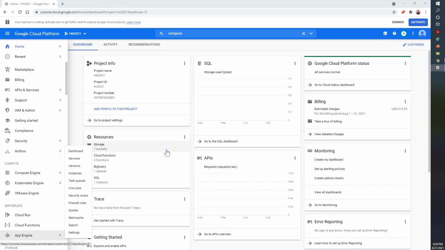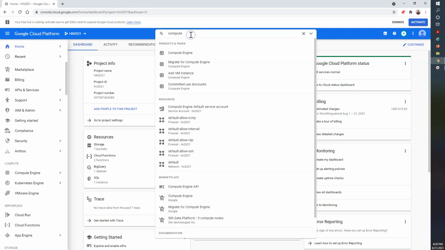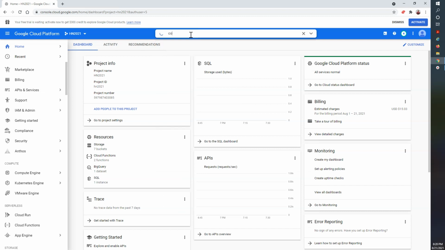And in this session we are going to create a virtual machine over the Google Cloud Platform, that's GCP. So not wasting much time, we will start. So this is basically the console of GCP, and in this console we are going to use the Compute service. So let me search here.